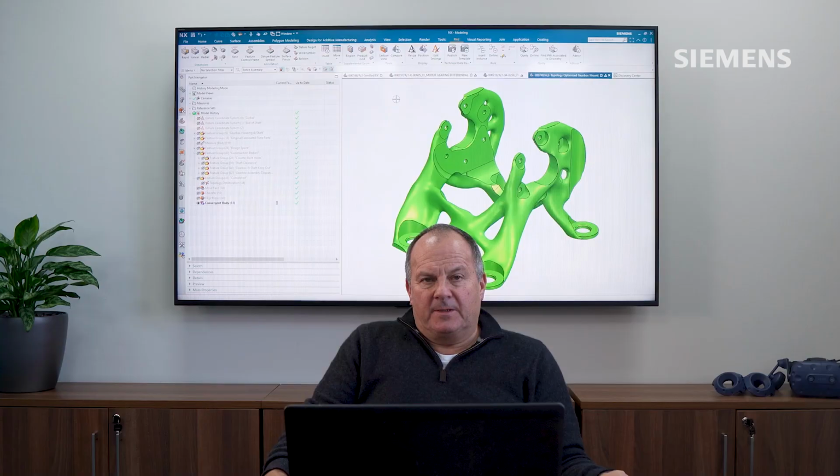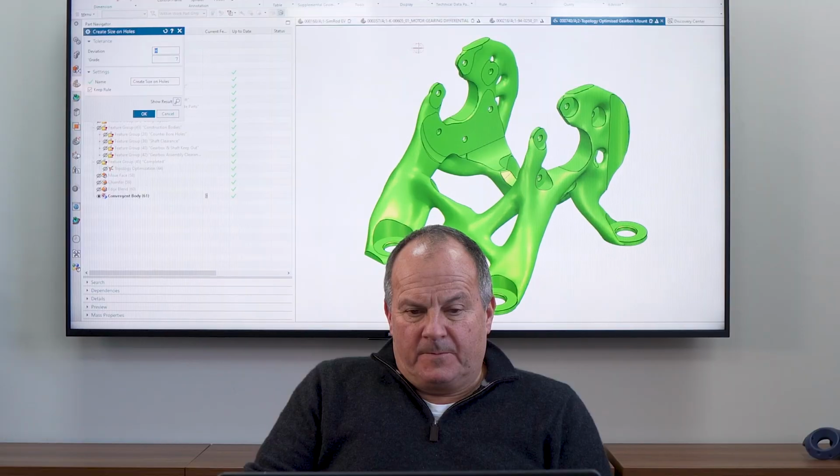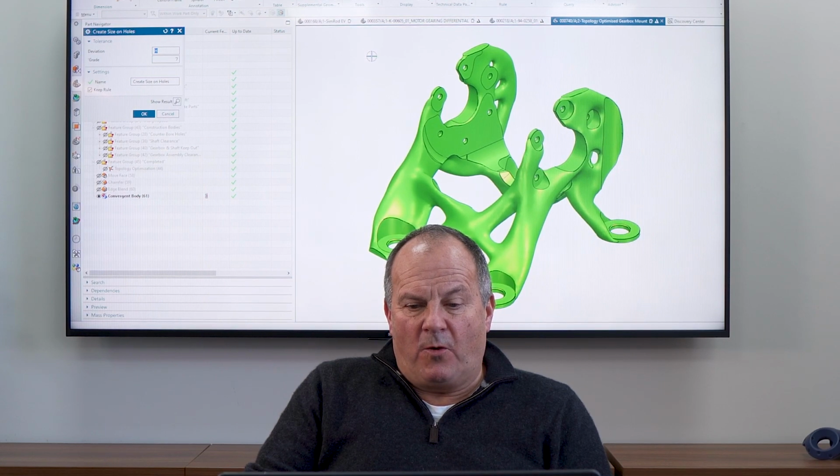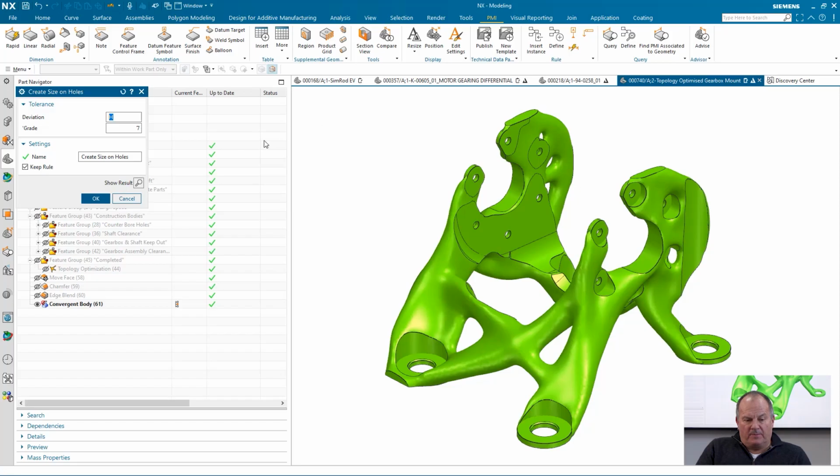But in this first instance, I'm going to use one of our pre-configured rules. These automate the ability to apply PMI to the model. So in this instance, I'm going to look at creating the size on all of the holes in my model. I invoke the rule.